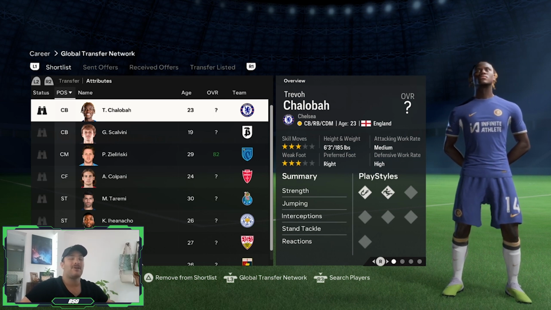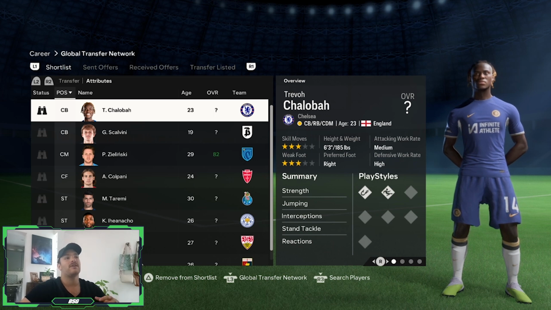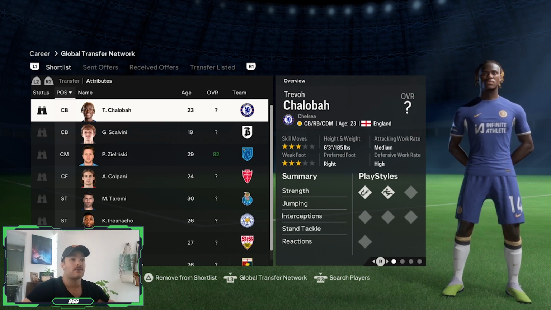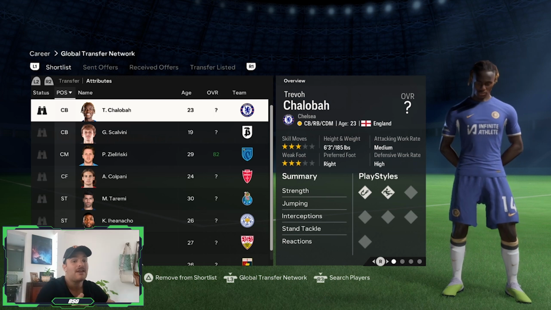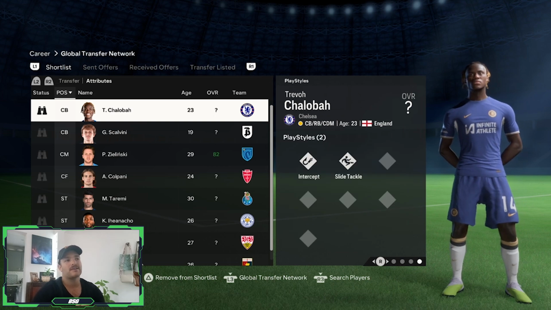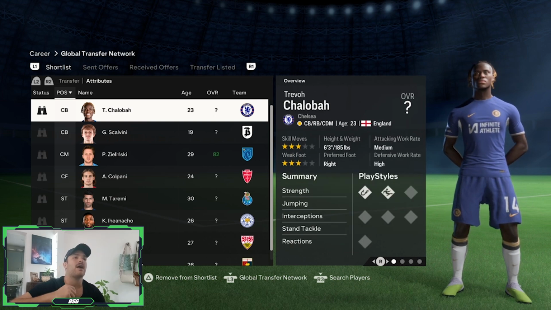The likes of Trevor Chalobah, I mentioned him yesterday for the AC Milan career mode. He is linked with a move away from Chelsea, and Bayern Munich were looking at him in the summer, but now it's more or less the Italian clubs looking at him. He can play a whole host of different positions. Obviously centre-back, right-back, DM, can be the natural replacement, potentially, for Hakan Çalhanoğlu. Does have a few good playing styles as well, intercept and slide tackle. I think as a right-back, or maybe even a right-sided centre-back, he could be a very, very impactful player for